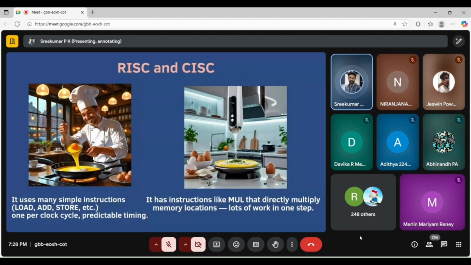I am focused in this session only on two types of ISA, that is RISC and CISC, because they are the leading architectures available in the market. Almost 75% of the controllers are made with RISC, and few are made with CISC and other ISA architectures.